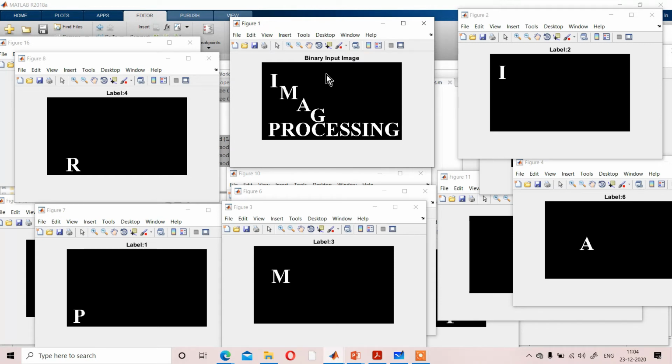a label. Means if you have a certain number of letters, so if you have 14 letters, you will get 14 labels. Each and every label will be used to store each and every letter as a region. Clear? So if you consider one label, the data or the region stored in that label will show you